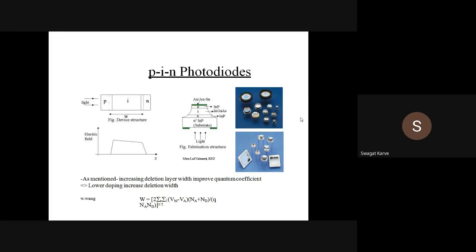Okay, so in this figure you can just look at the practical PIN photodiodes that are available in the market. On the right hand side you can see different types of PIN photodiodes. Now what the I is and all that, we will discuss while discussing the principle of operation of these PIN photodiodes. Okay, so from the next lecture we will discuss the PIN photodiode, then the avalanche photodiode, its electrical characteristics, response time, then quantum efficiency, okay, all that.